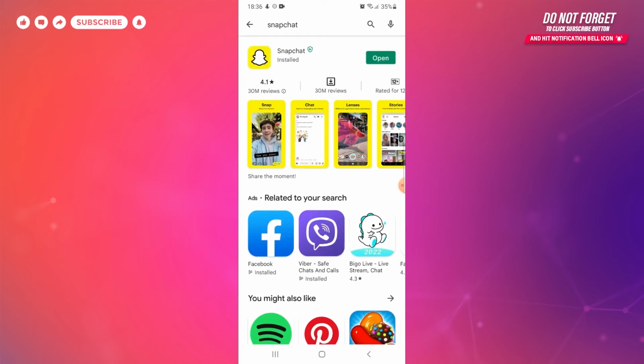I hope this video helped you learn how to download and install Snapchat on your phone. Now tap on the open button on the top right corner of the page and enjoy